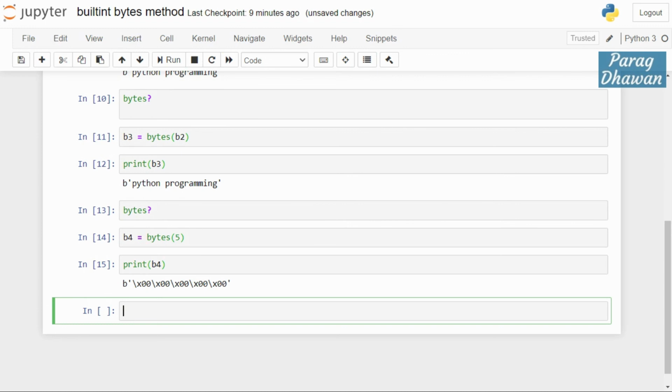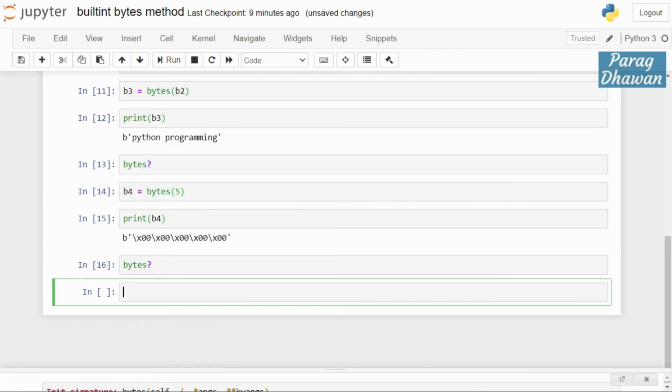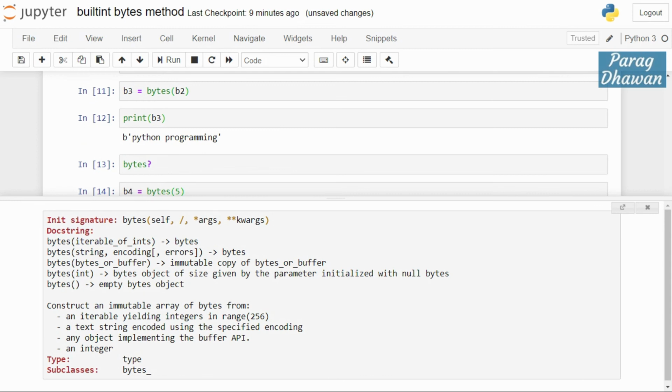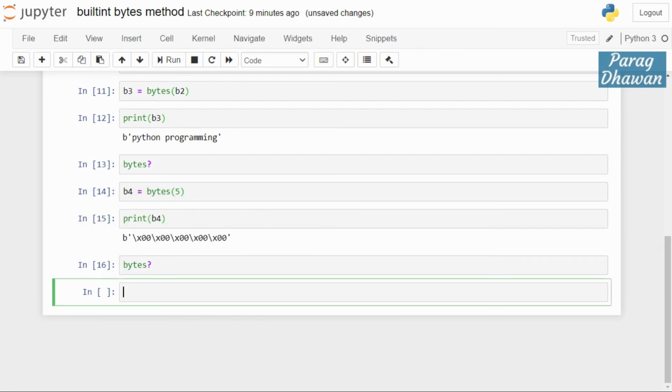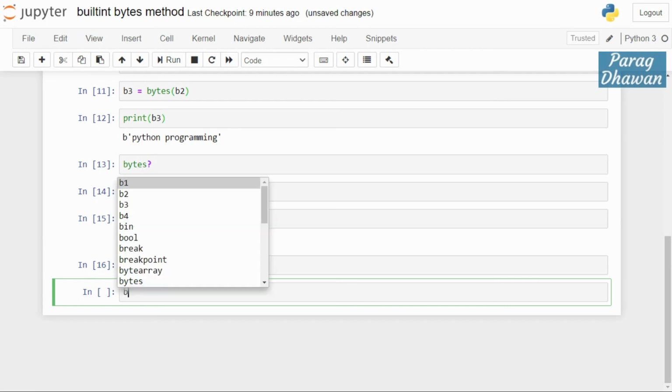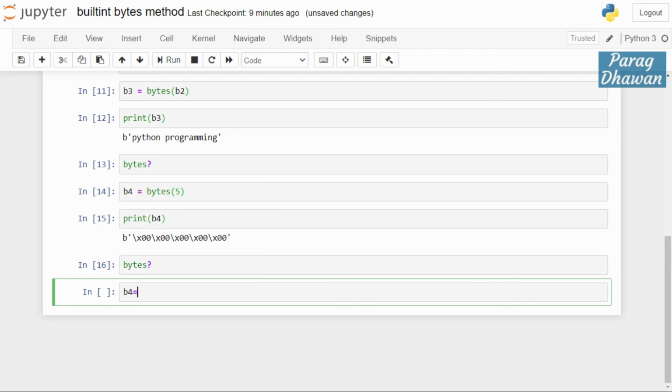First check the docstring, bytes?. From the docstring, you can directly call the bytes method with no arguments, and in that case it will create an empty bytes object which is immutable. b5 is bytes with opening and closing parentheses, which is empty.